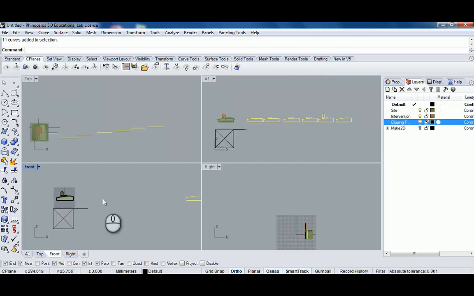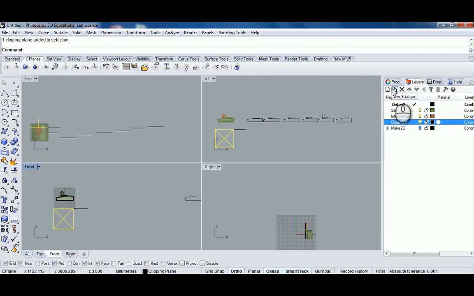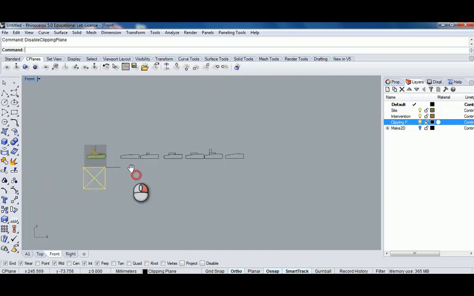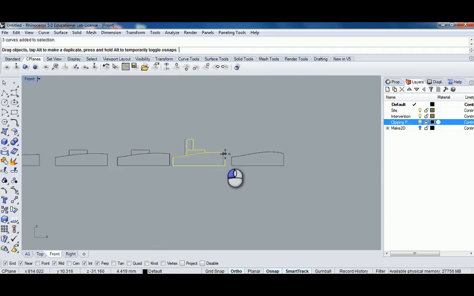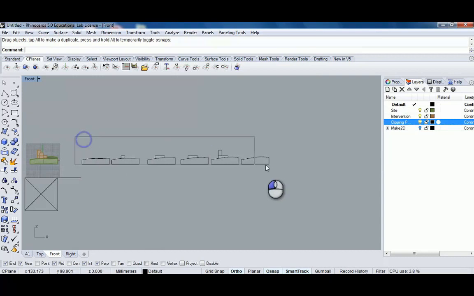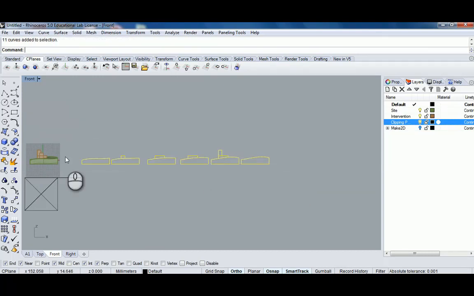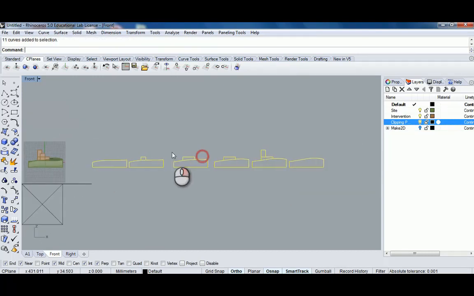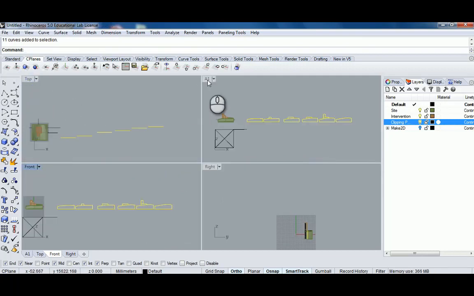Oh, you know why? Our clipping plane was not disabled in that view. So let's disable clipping plane. There, there. So now we have multiple sections that we could start to draw comparisons across, pull out and find a common point of reference, mark these in, maybe these run along the base